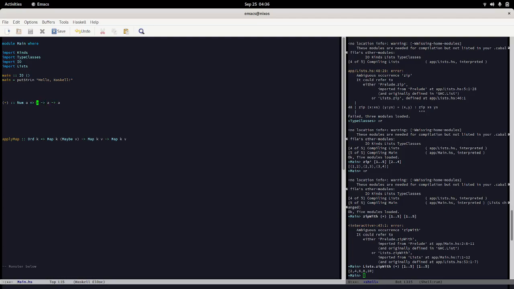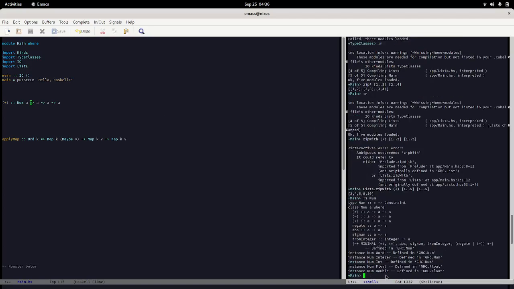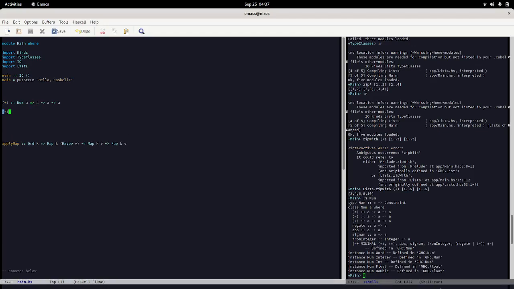Well, this is, again, not the same thing as just a -> a -> a. We have a constraint. We actually have two constraints, really. One, that a must be of the Num type class. So if we were to look at the info for Num, there are going to be many more, as we saw when we were looking at Haskell for the math lesson. But it must be one of these types that fit into place. And so when we do that, we can reduce it from Num a => a -> a -> a to Word, for example. So it'll look like Word